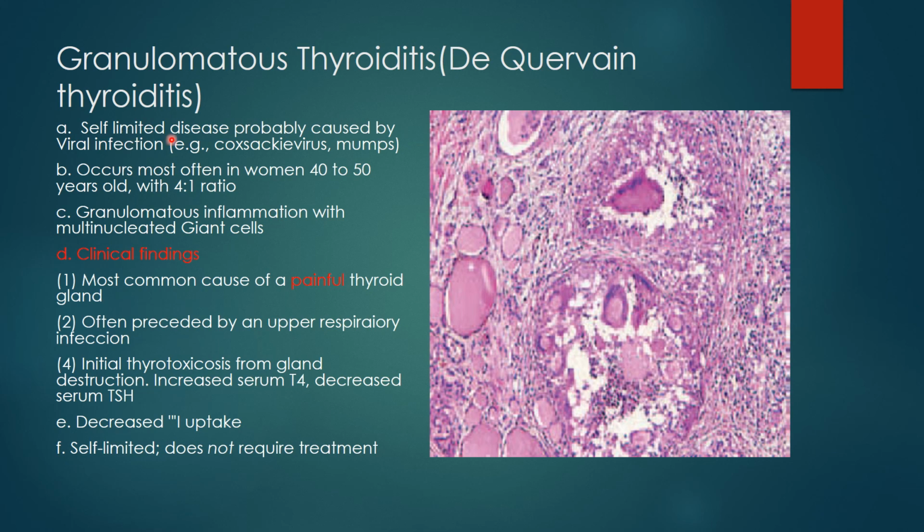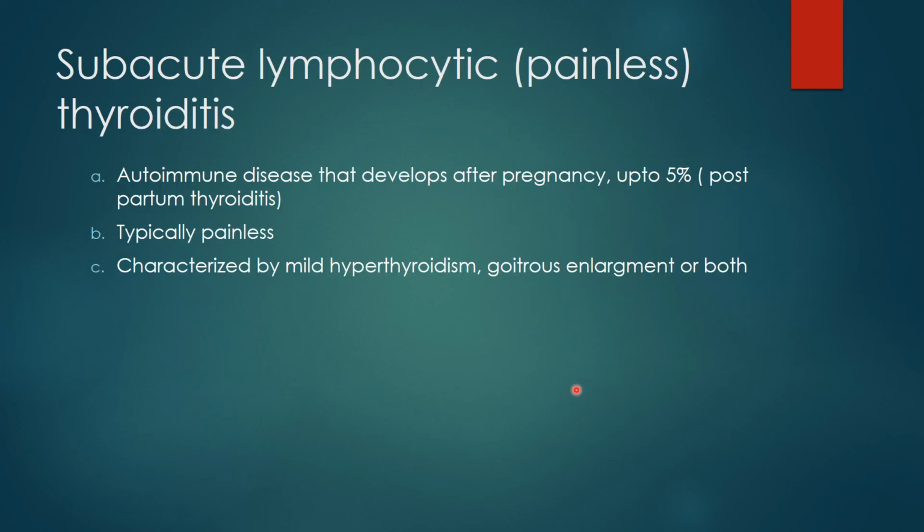After a few months, as the viral infection goes on and ends, there is a decrease in this type of inflammation, and ultimately the thyroid parenchyma becomes normal. But it is a very severe condition because it is painful. So most of the time the patient suffers from a highly painful thyroid gland and comes to the clinic, and due to this pain it is either treated as a surgery or as a